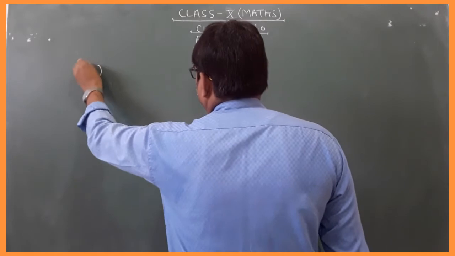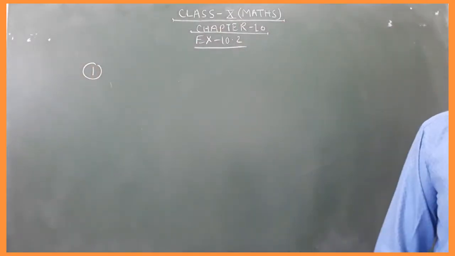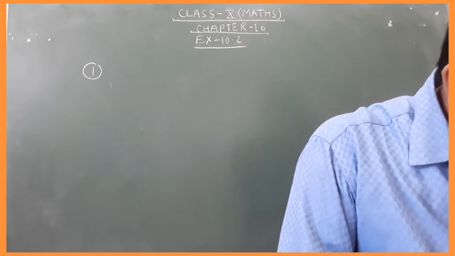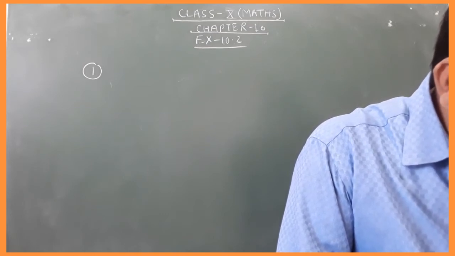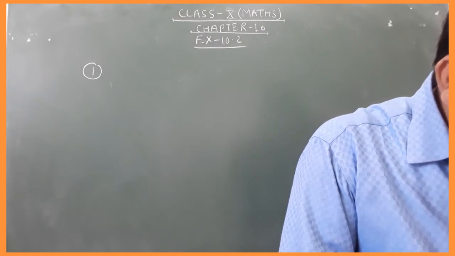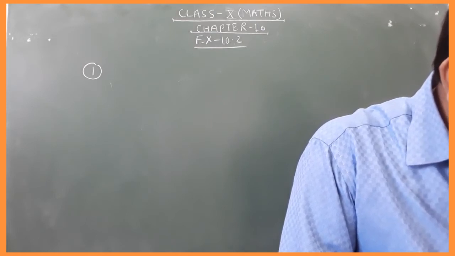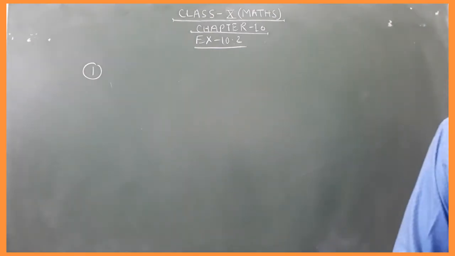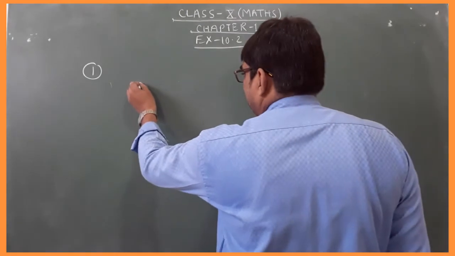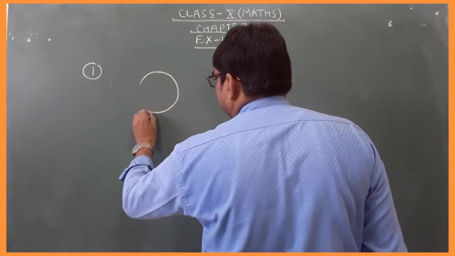Question number first. From a point Q, the length of tangent to a circle is 24 centimeter and distance of Q from the center is 25. Find the radius. ये एक सर्कल है,